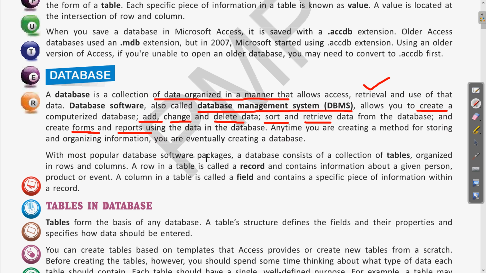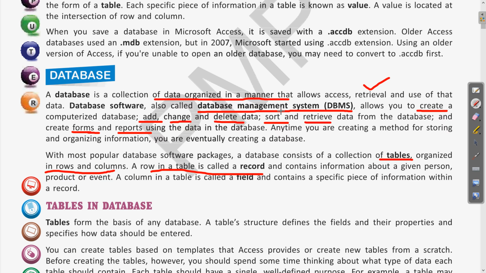Then the different terms which we have seen in databases, like what is a table? A table is a collection of information organized in rows and columns. What is a record? A record is a row in a database which contains the information about a specific person, product or event. The next is field.